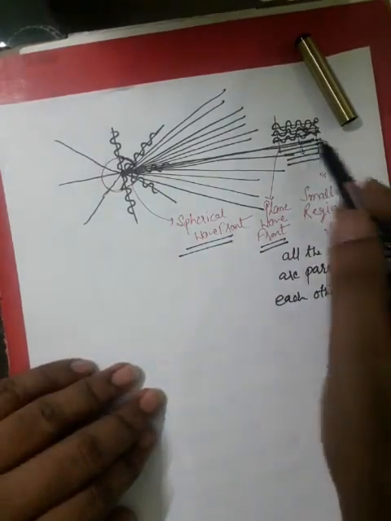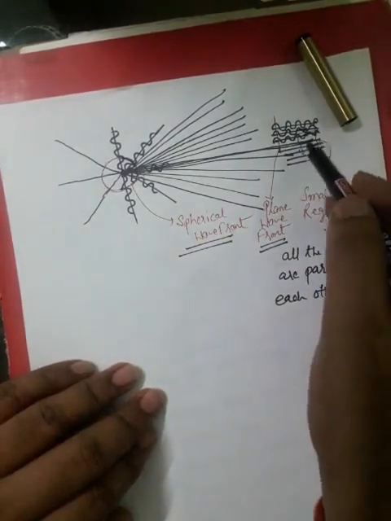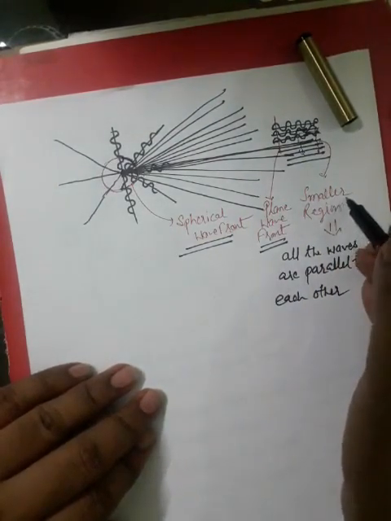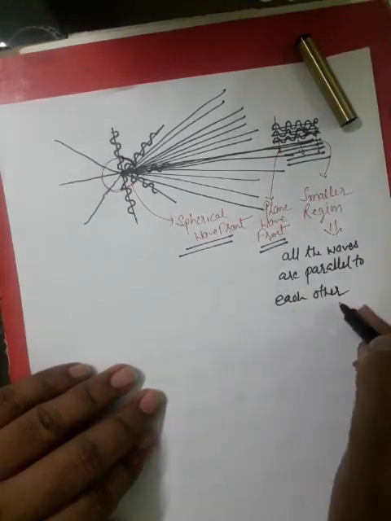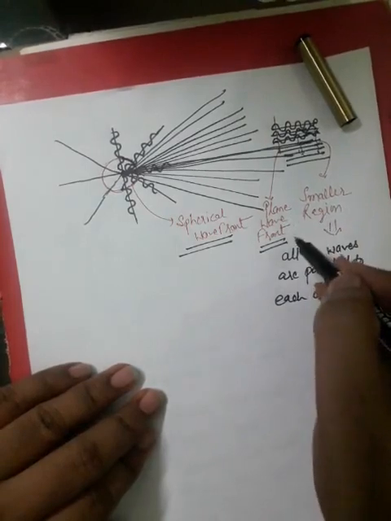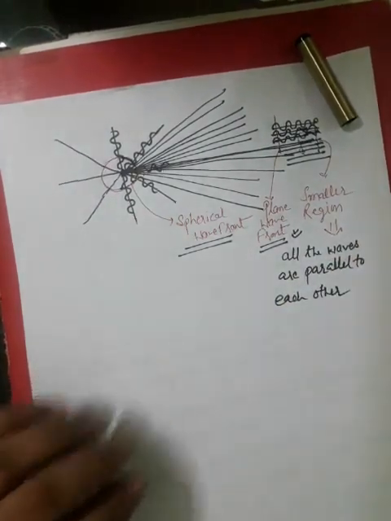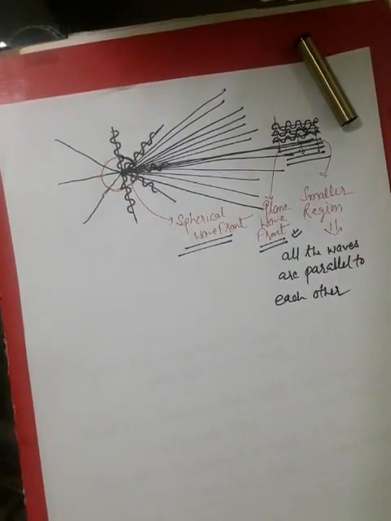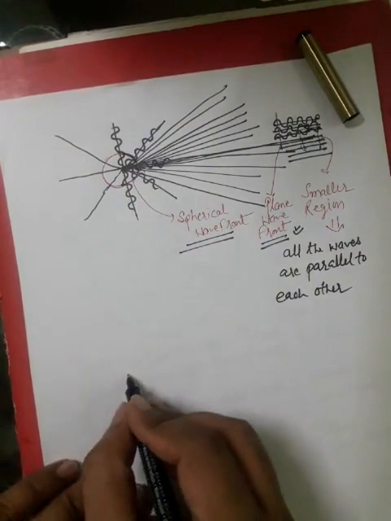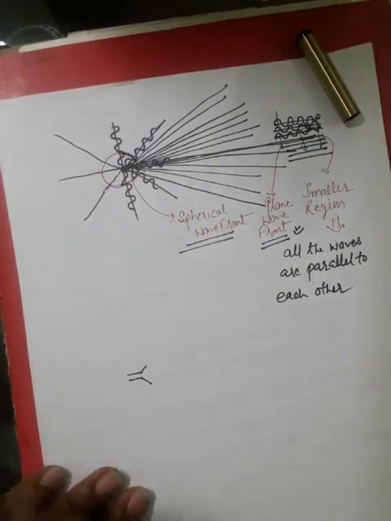And in case of far field region, when we are looking locally at a smaller region, all our waves are parallel to each other, therefore we will find the plane wave front. So when our antenna is radiating in near field, we will have a spherical wave front. In far field, we have a plane wave front, because in far field we are basically looking at a very small region. If you want to check this again, consider this particular antenna,